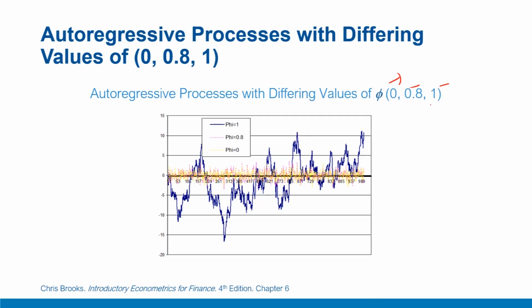Notice the process with autocorrelation coefficient of 1, which is of course a sort of unit root process or random walk process. The process deviates a lot from its mean, and goes much further away. Any shocks to the system would persist much longer in this kind of process. While if we compare it with the 0.8, which is this dotted pink line, that also deviates, though relatively less as compared to 1, but still deviates as compared to a process with phi equal to 0, where the deviations are much less and they are fluctuating around the mean, almost as if it were a white noise process.